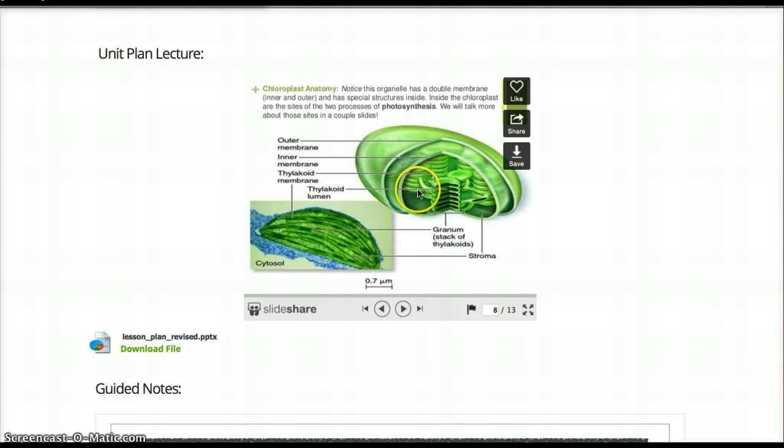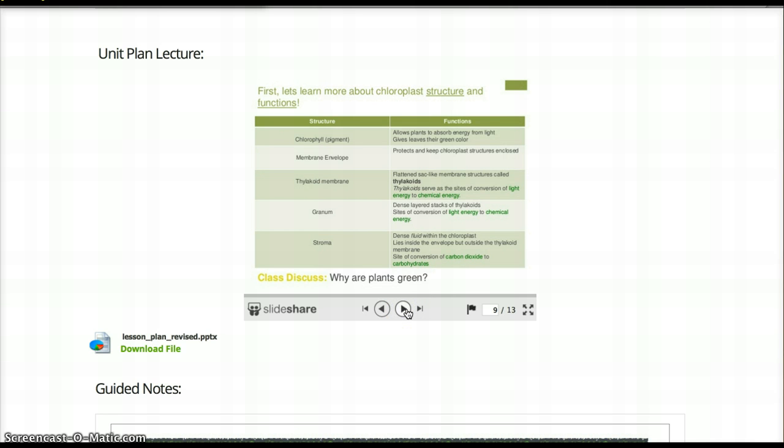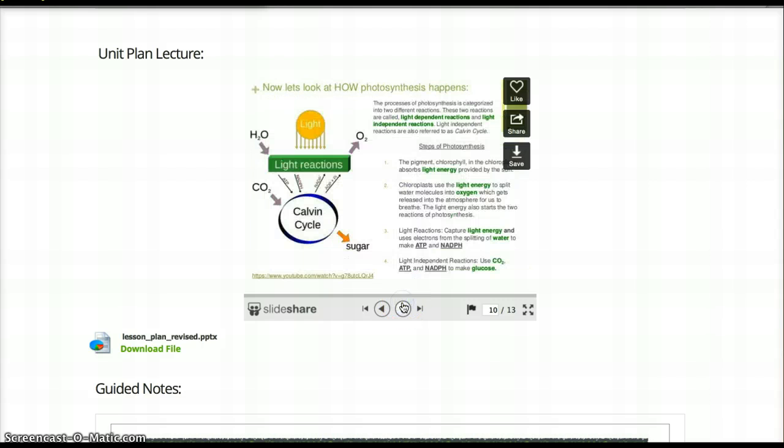Overall, I hope with this information, students will be able to answer that driving question, how photosynthesis occurs. I've included different tables that help them learn more about the structure of chloroplasts, which is where photosynthesis occurs. And I've condensed the steps. Photosynthesis can be a complex process, so I've condensed and made it age appropriate to the best of my